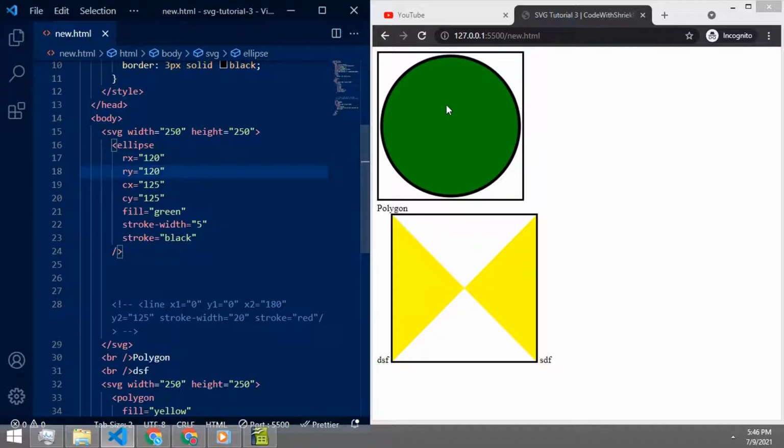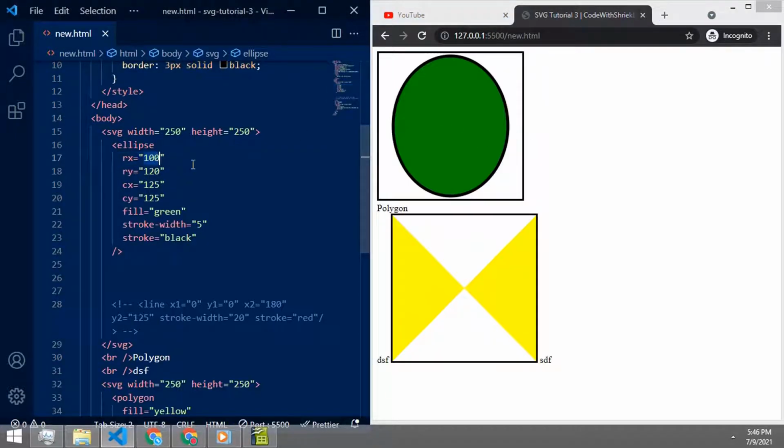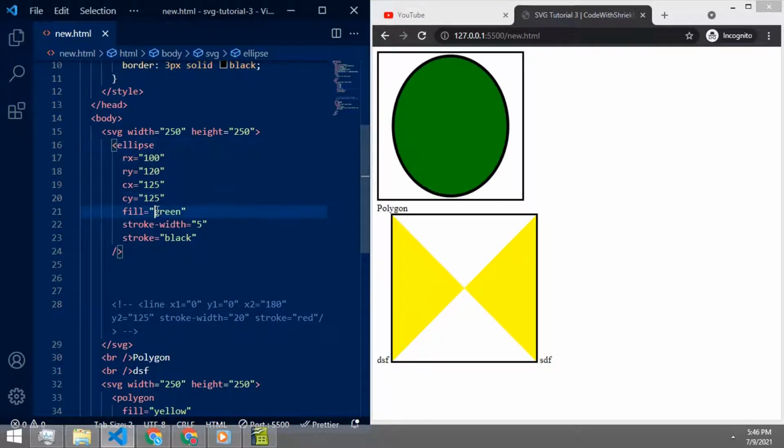We have to add some other values here. rx is used for the horizontal radius of our circle. We can change its horizontal radius by using it like this. Horizontal or x-axis, you can call it whatever you want. It is just easy to understand. No, I'm gonna be honest, it is not easy to understand, but you will learn about it by trying one after another.